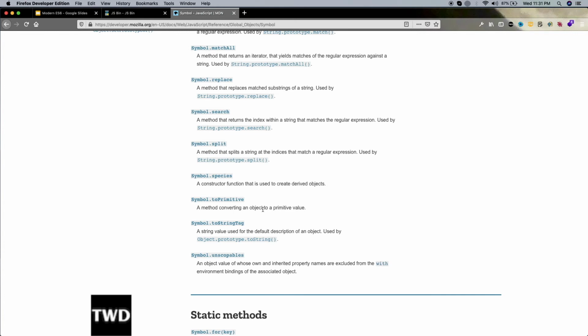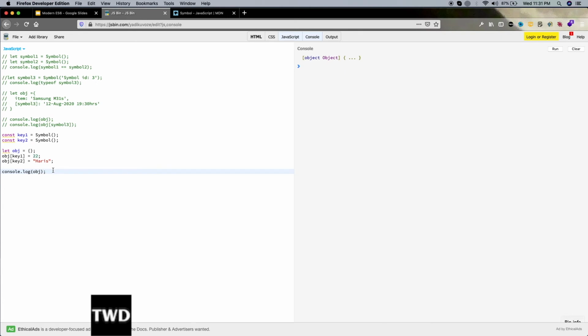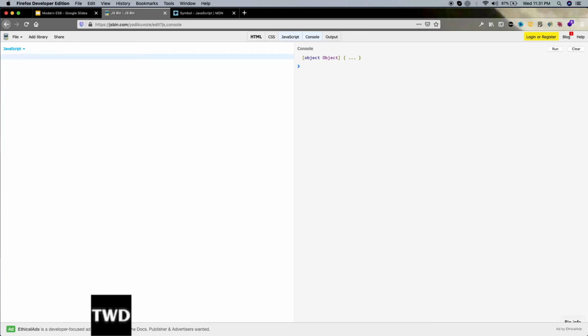This property is a method which converts an object into a primitive value. It's better to see it through an example, so let me delete everything. Suppose obj1 is an empty object, and we do a console.log of +obj1. Using a plus in front of anything converts it into a number type.